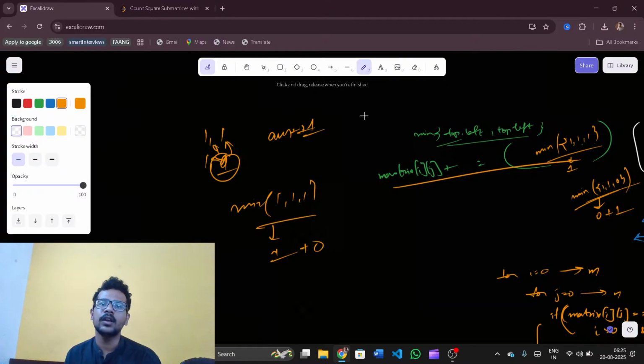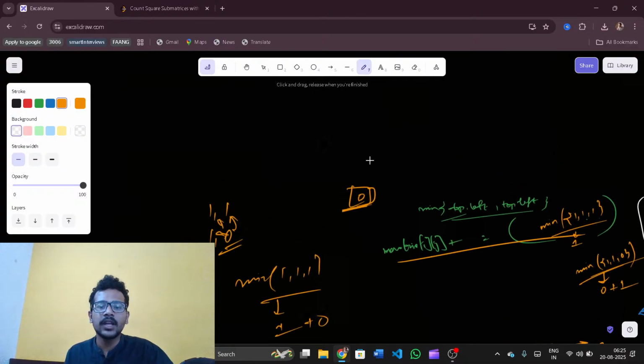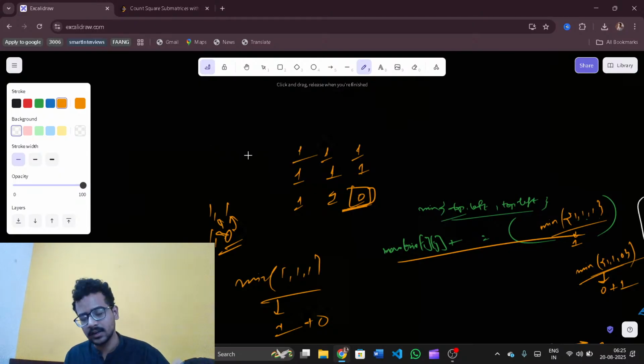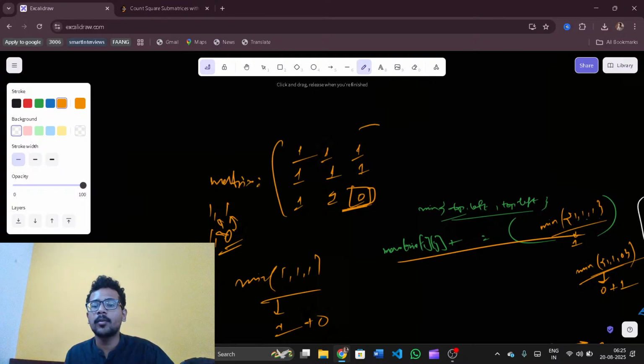But if you see, are we asked for a 0 submatrix? No. So if it is a 0, it is a negative sign that we don't need actually. So if it is a 0, even this submatrix doesn't count to the answer. Even if I have 1 1 1 1 1 1 and so on, let it be in the original matrix. I am not talking about the matrix which I have changed. So this 0 doesn't count to the answer even one time, even for itself. I am asked for